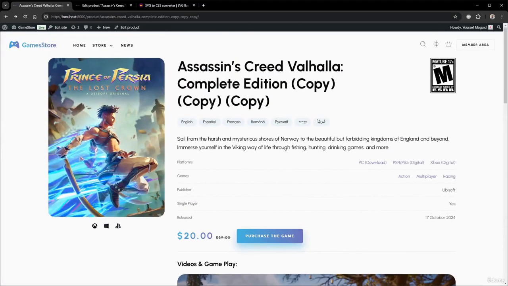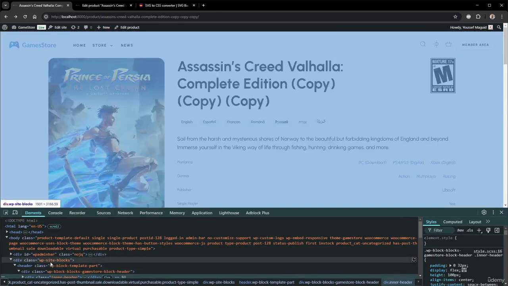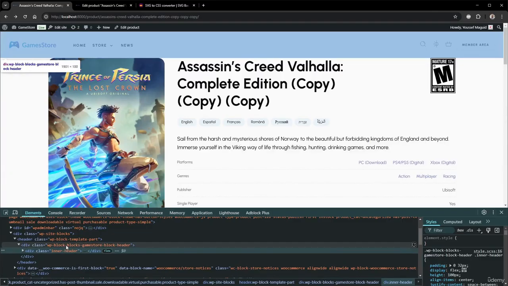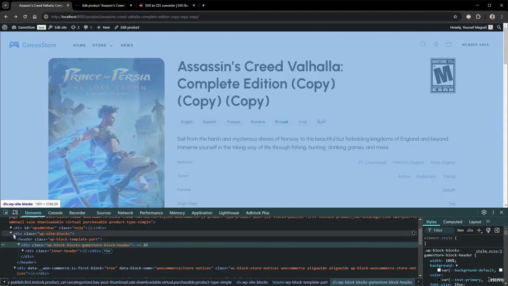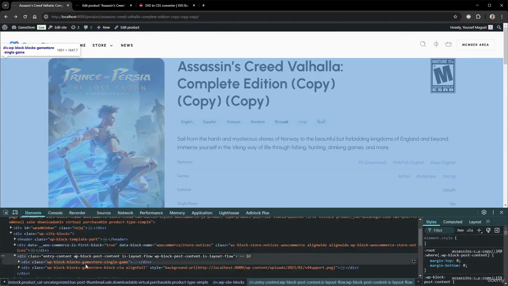Looking here from above, we are missing margin as far as I can see. Here is the header, and yes, we are missing margin, but here is also the question, where should I apply